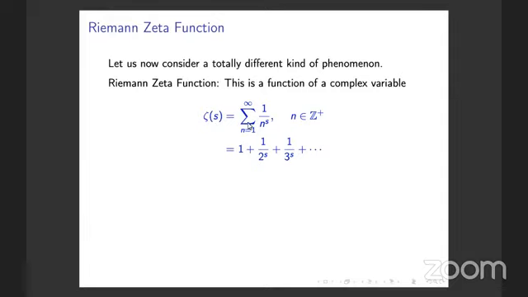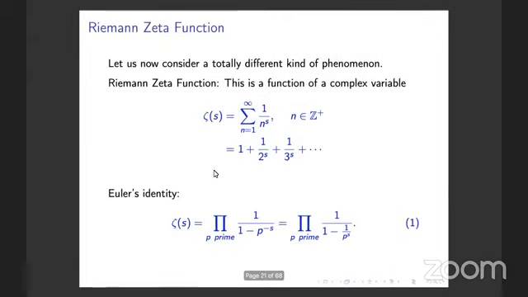So zeta of s is defined to be the summation of 1 over n to the power s, where n varies from 1 to infinity. You take all the natural numbers, raise them to the power s, take their reciprocal and add them. And remember, Riemann was doing this at a time when it wasn't even clear what this infinite sum means. Today we know we can talk about convergence and so on. But when he did it, it wasn't even clear if this had a meaning, but he still gave this a meaning, and he proved some remarkable properties for this Riemann zeta function.